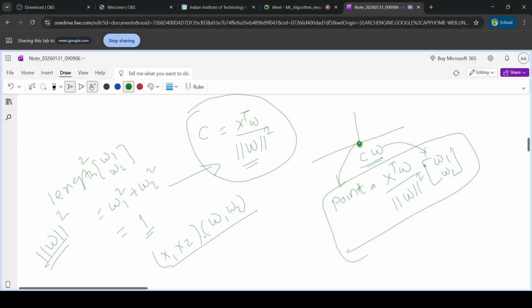x transpose w, x transpose w divided by w square into w1 comma w2. So till now, does anyone have any doubt? Because now we are going to the next point, but this is something you should remember. Just remember the formula, but you should also know a little bit how we derived it, because without the math, if I say c is equal to x transpose w, you will not understand it in the future, because the class sir's video has this kind of explanation, but maybe if you forget